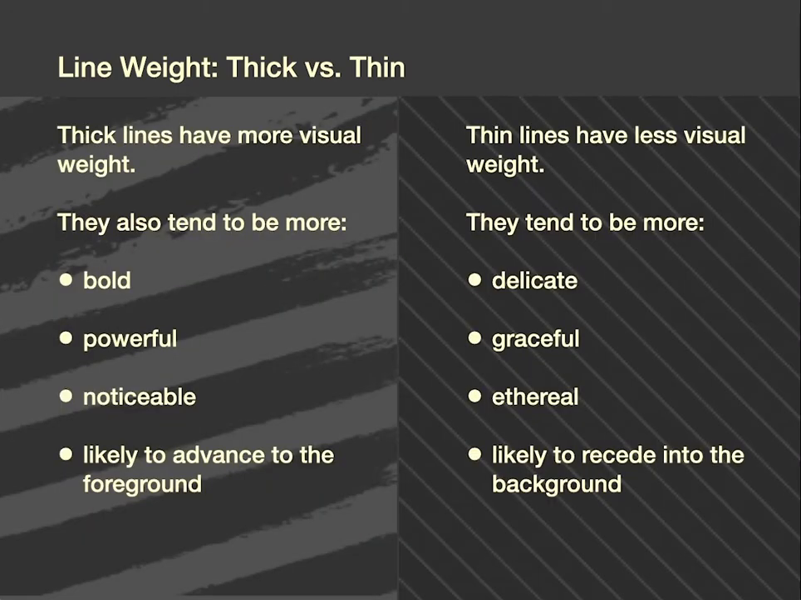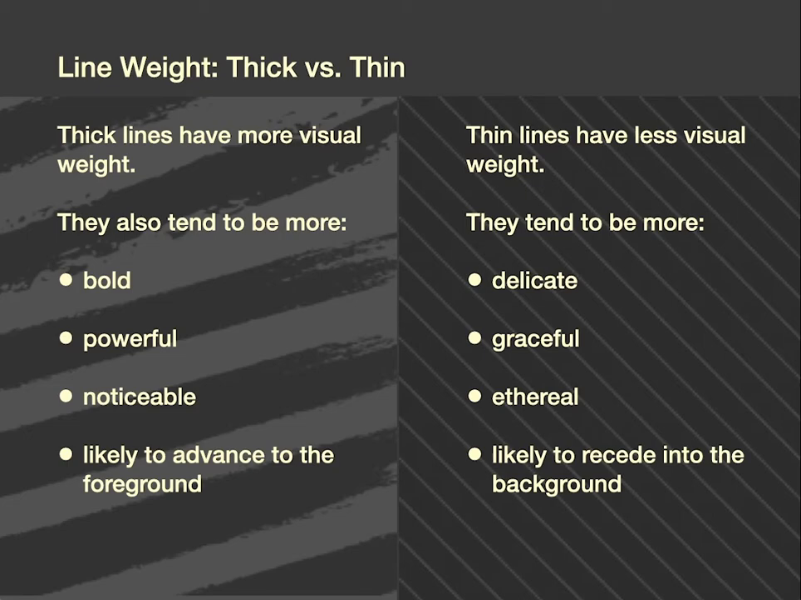Some things people commonly say about line weight. So thick lines tend to have more visual weight. We talked about visual weight a lot with Project 1, so you're hopefully familiar with that concept. But perhaps because of a result of that, they are more bold, powerful, noticeable, and they're more likely to advance into the foreground of your artwork. By contrast, thin lines have less visual weight and they're more delicate, graceful, ethereal, and likely to recede into the